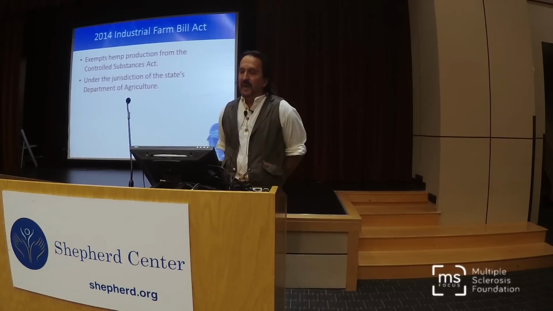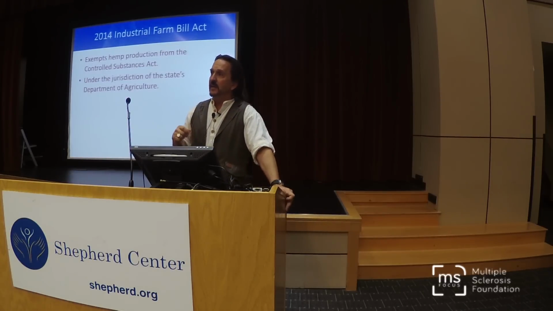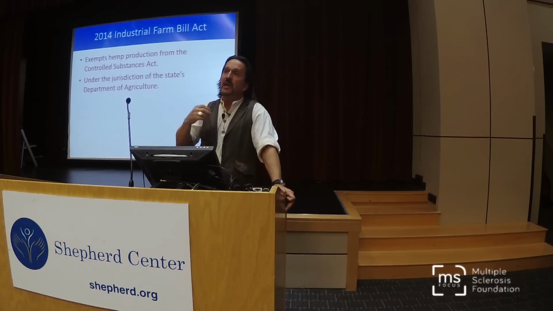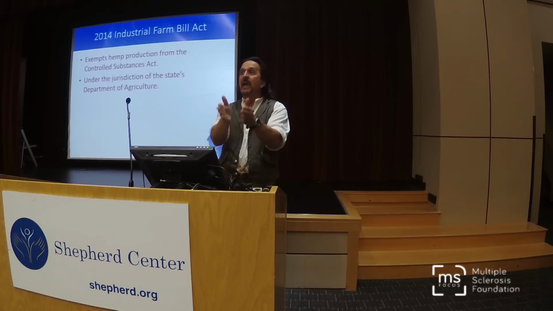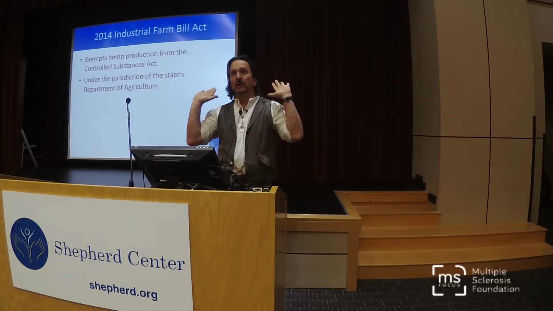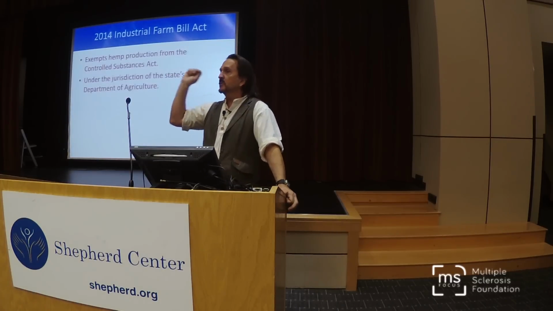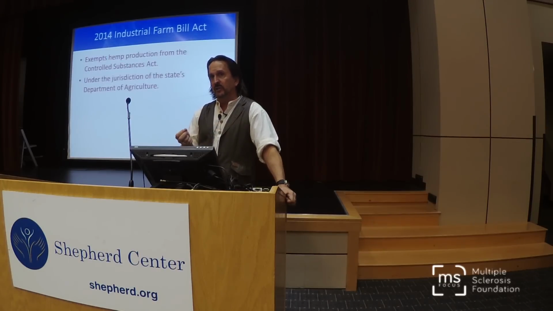Controlled Substances Act. So what they did is they basically handed it to the states, and they said, okay, Georgia, Kentucky, Texas, if your Department of Agriculture can verify that this farmer is growing legitimate hemp and can produce safe, laboratory-tested CBD oil, we're gonna let you manufacture that. You can drop it in the U.S. mail and send it around the United States, and it's not going to fall under the jurisdiction of the Controlled